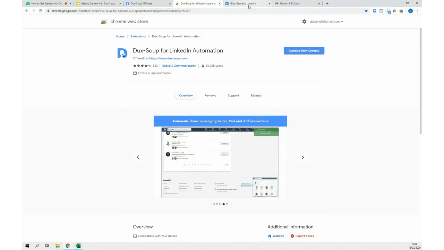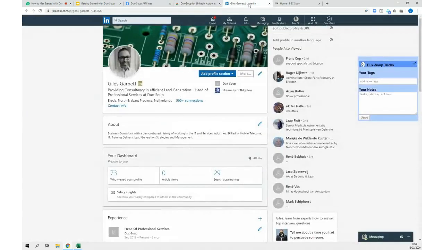So what we now need to do is decide on what we want to do with DuxSoup. Who do we want to engage with? One of the first things we can do with DuxSoup is engage with our first degree network. When I say our first degree network, those are our direct connections. So if I look at my network here,